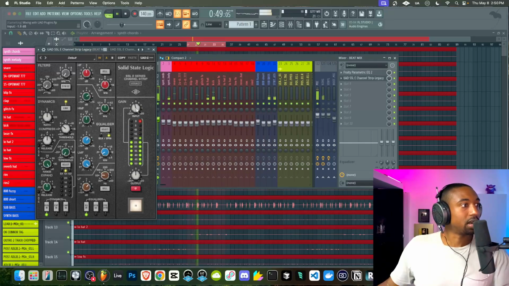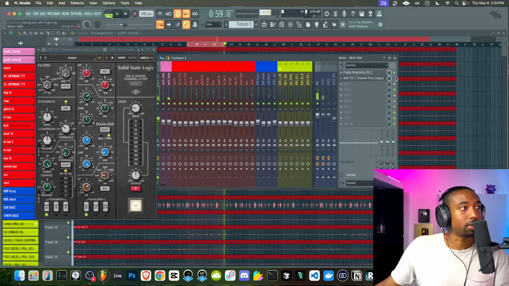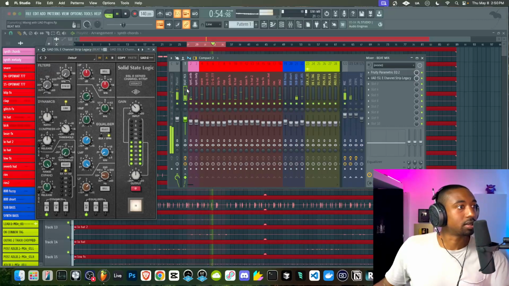All right, so what we need to do is compensate because we just basically turned everything up. So let's turn it back down to match the input level so that we're not just tricking our ear to think it's better because it's louder. So let's do it before and after, see what the levels are. Somewhere around -2. I wish FL had better metering because this is so hard to see.